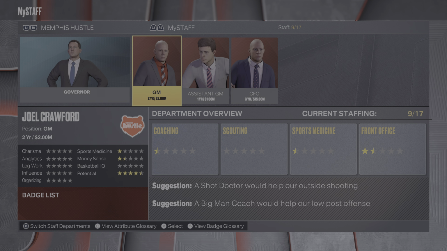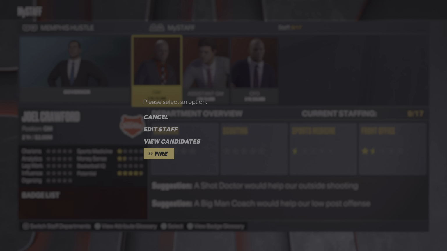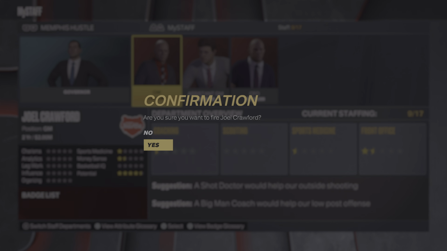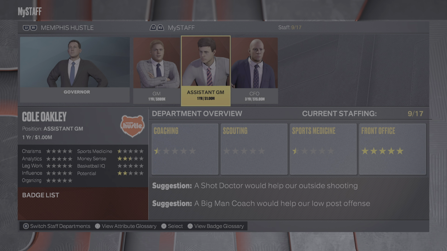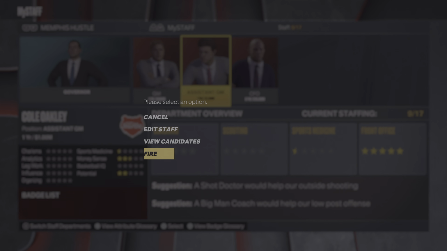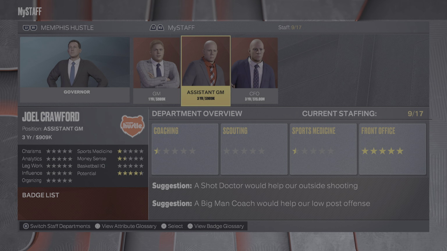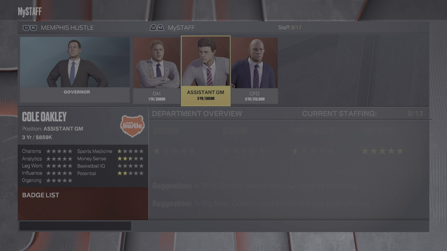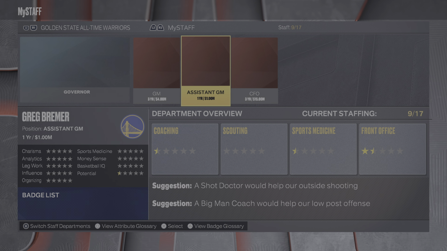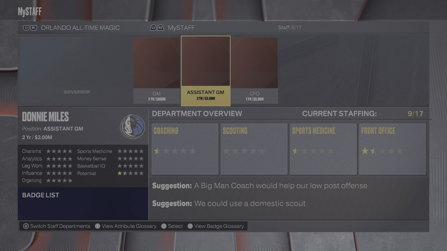So the GMs, what you would want to do is fire this GM, which is Joel Crawford of the Memphis Hustle. You would fire Joel Crawford. I'm just going to put Stoffer in here as a thing. And then you need to go over to the assistant GM and fire him and make Joel Crawford that assistant GM. Then you need to fire Joel Crawford again and hire back Cole Oakley. That makes it available for Joel Crawford to be selectable as one of the replacement coaches